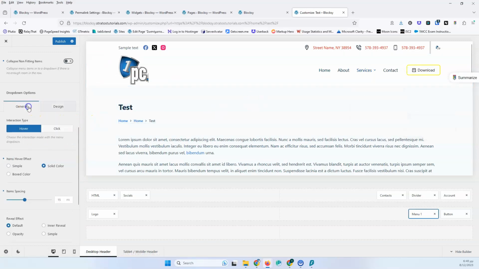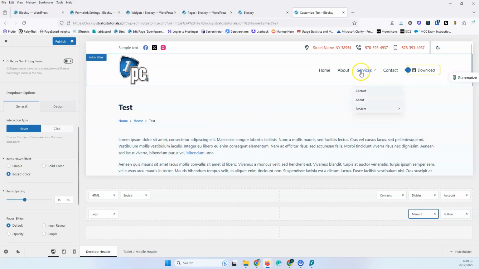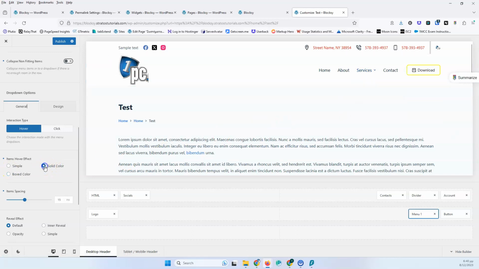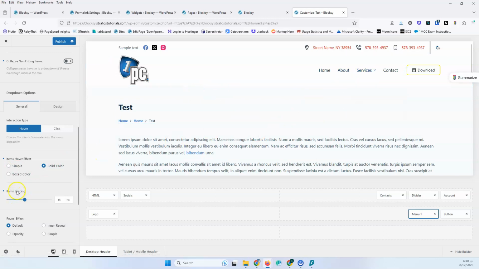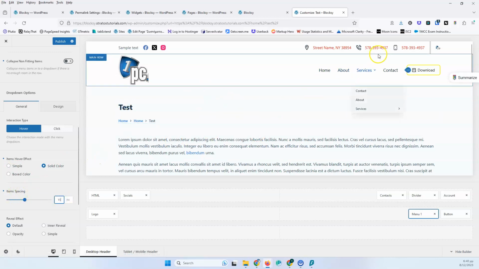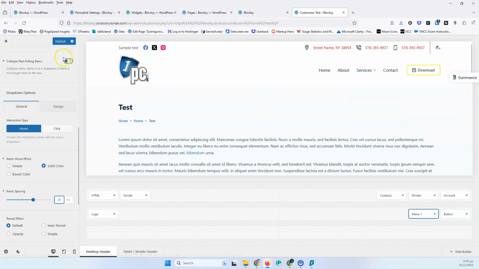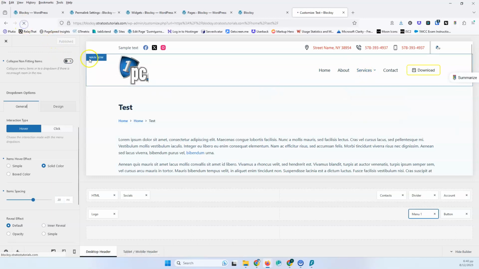Okay, let's go back into the general, and if I select the box color, it will be a little bit less of height. As you can see, it's much smaller. Let's leave it to solid color just for a few moments. And now we have the item spacing, and we have 15 pixels. And if I change that to something bigger, you will see that this will spread out. Now, it doesn't seem to be working, but if I publish and refresh again,